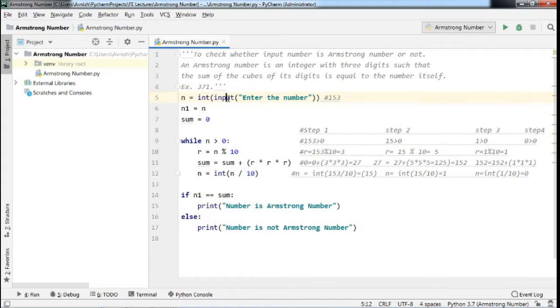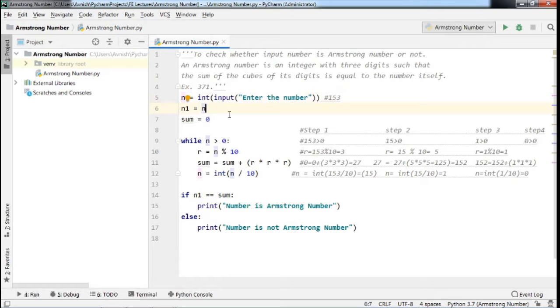That 153 will be accepted by the input function, and we convert it using the int function, because when the input function accepts any value it is by default a string data type, so we have to convert it into an integer value. That converted value will be stored in the variable n.